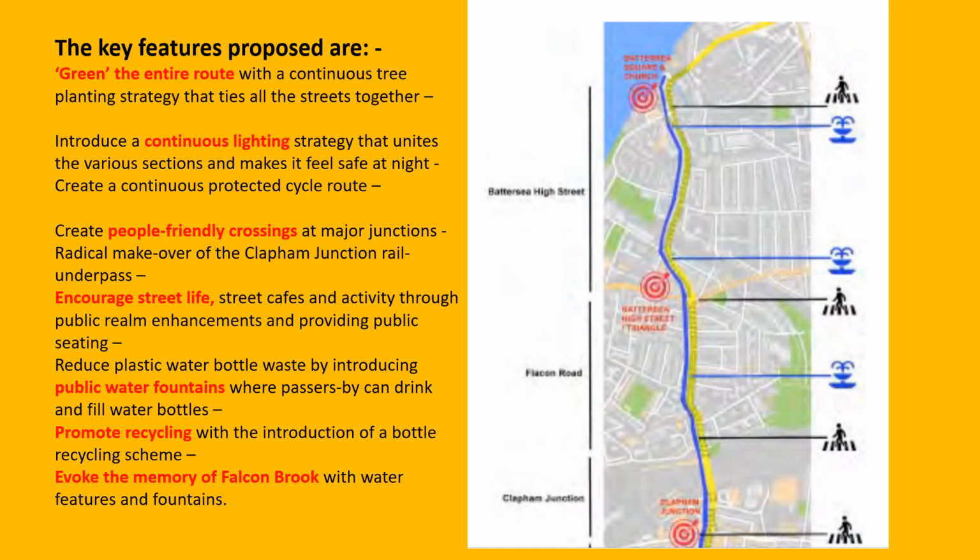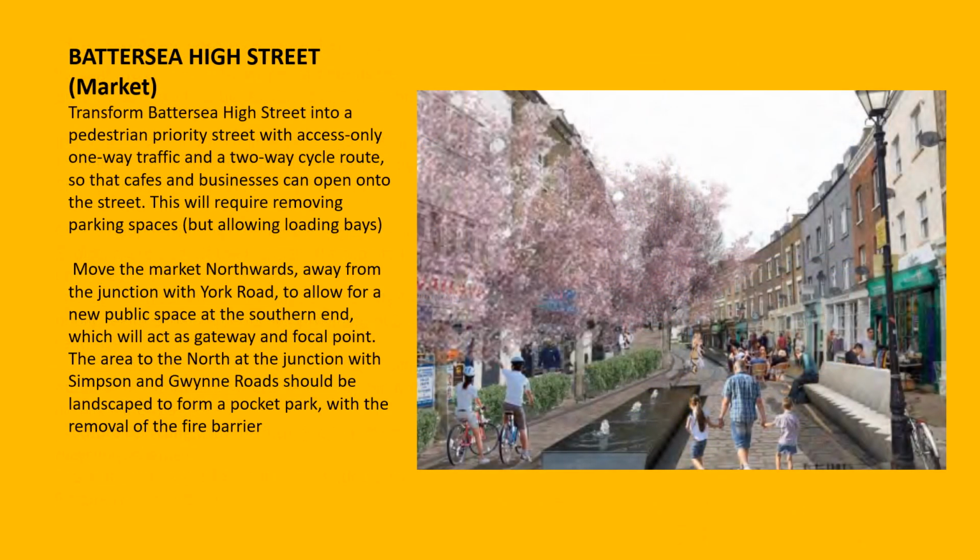So here's a picture of Battersea High Street. Right now what you're looking at is where the market is at present on Saturdays. What Camilla is suggesting is that that market is pushed further down the high street so that this opening area is much more attractive for people to cross from Falcon Road into this area. So you'd have this welcoming part followed by the market, and then at the end there's a triangle of space